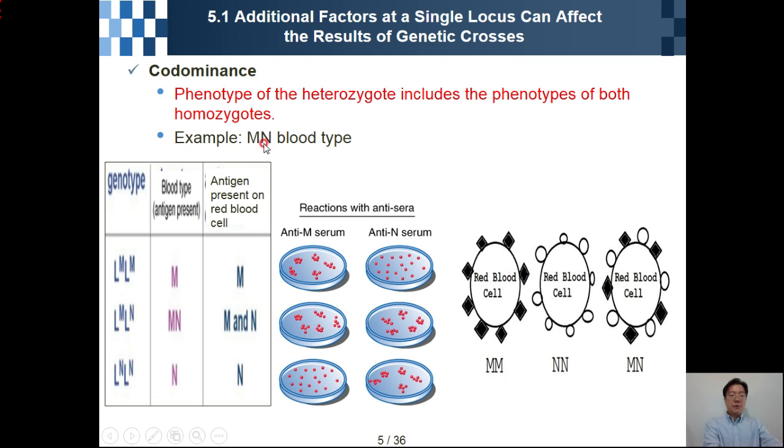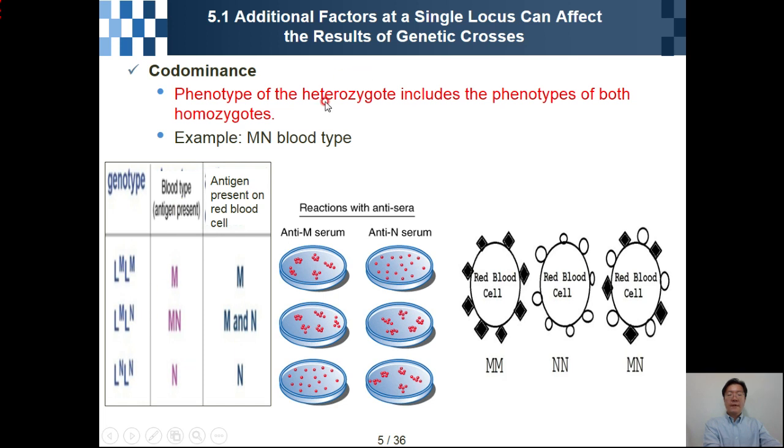We are very familiar with the ABO blood type, but the MN blood type is also available. For example, the genotype LM is blood type M. How about N? LN is blood type N,